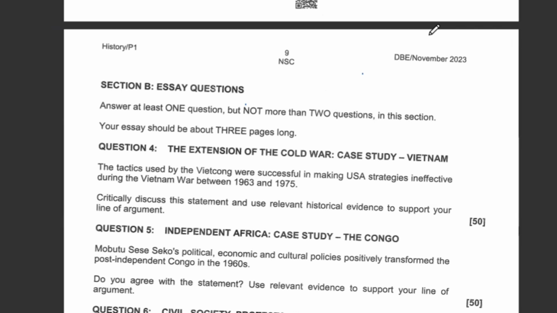So for the Americans to prepare a counterattack, it would be very expensive and time costly for them. So it meant that on the American side, their strategies were made ineffective due to the fact that the Viet Cong were attacking from unknown angles using unknown strategies, and they were attacking the cities using ambush strategies, which is non-conventional. So we are referring back to a line of argument. We are substantiating our argument that the strategies and tactics that the Viet Cong used were successful and